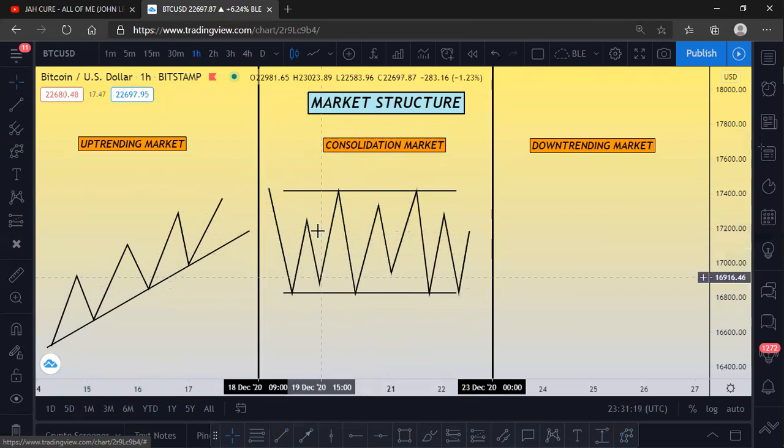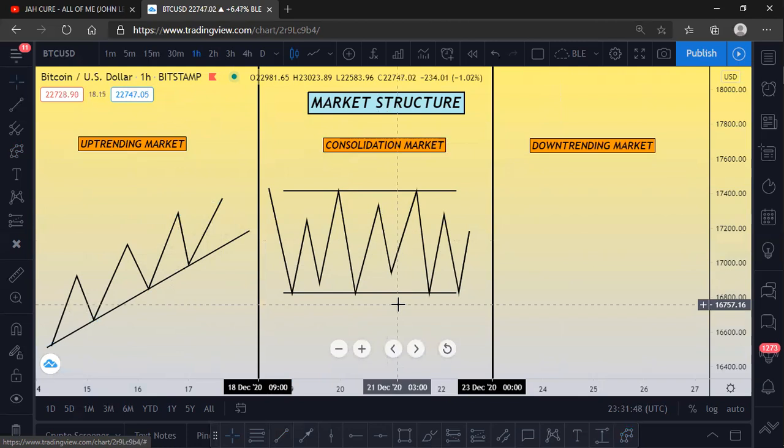But there are reasons why the market consolidates. There are reasons why we have an uptrending market, and there are reasons why we have a downtrending market. Over time, I'll be explaining this to you. But in an uptrending market, most times consolidation happens everywhere. It happens at the beginning of an uptrending market, where the banks are trying to accumulate orders before taking the market up. And most times, what causes consolidation is that their orders have not really been filled.